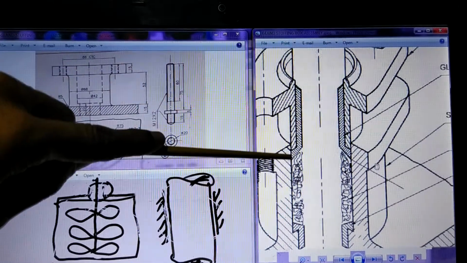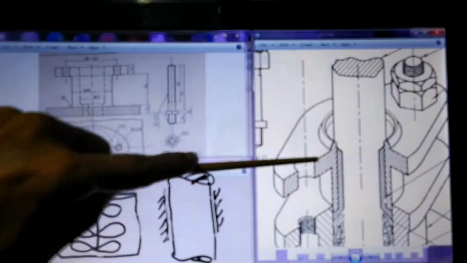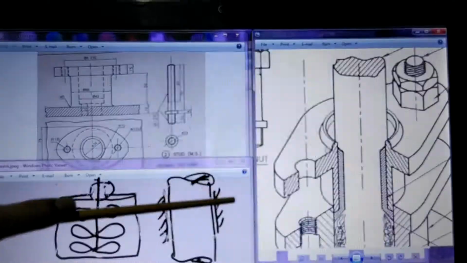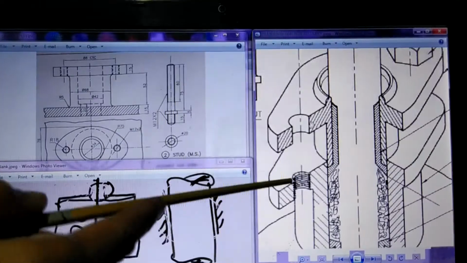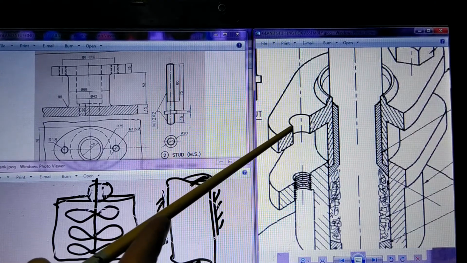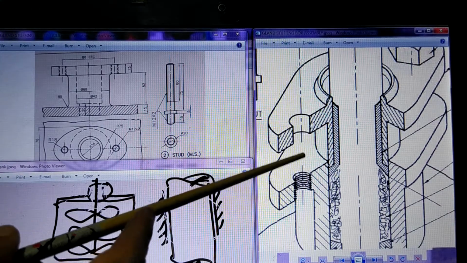So this is the diameter going in this, and this part is placed here. You will also notice that here it is not shown, but there is a threading here and there is a clear hole here. So what happens, at this place there is one part going to come which is called a stud.